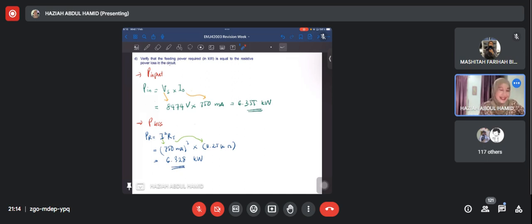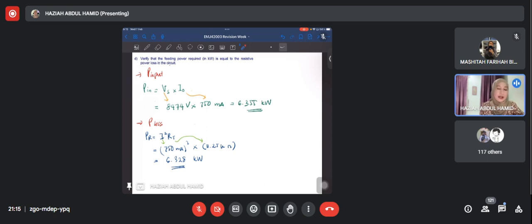First question: verify that the feeding power required in kilowatt is equal to the resistive power loss in the circuit. So they just want you to verify that the input we put into the resonance circuit is sufficient to cover the losses caused by the resonance circuit. That's it. So for input power, use VS, the input to our resonance circuit. This is the input power of the resonance circuit. VS is 8474, which we calculated earlier,